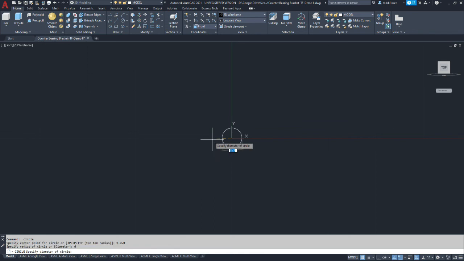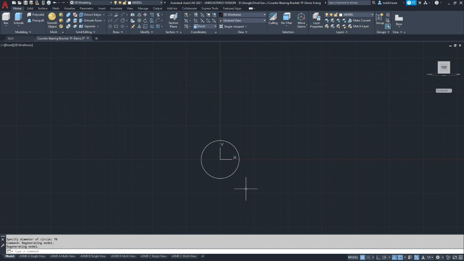And we're going to change the diameter, and we have a 70 millimeter diameter for the boss. Okay, looks like I gotta zoom out. There we go. So we have our first feature. There's lots of ways to approach this. Every person will have their own way, but I'm going to start off with a couple lines that go from the center line.